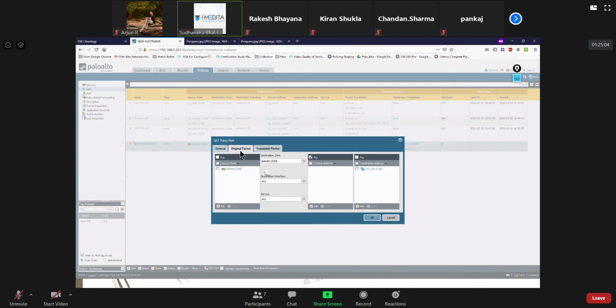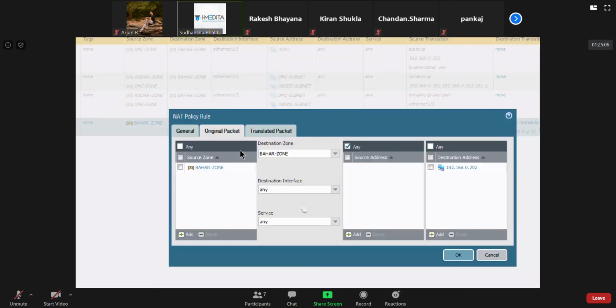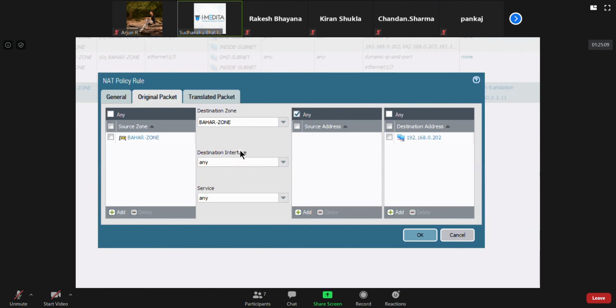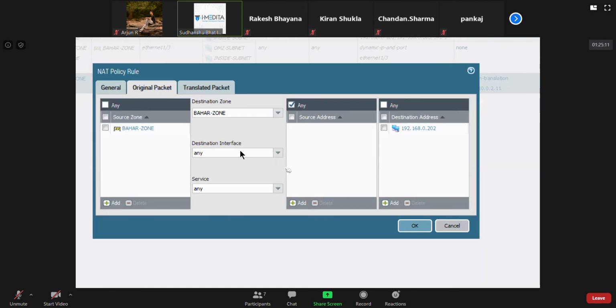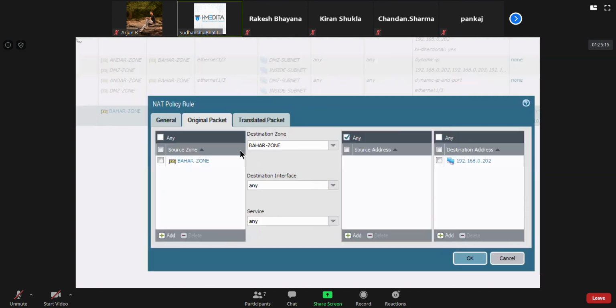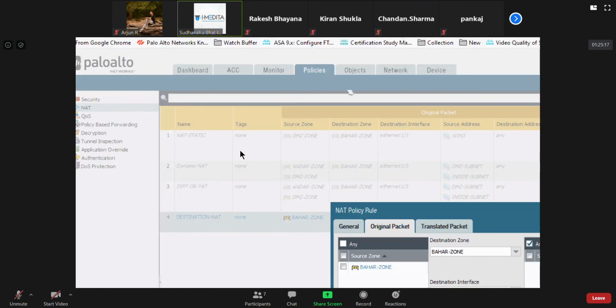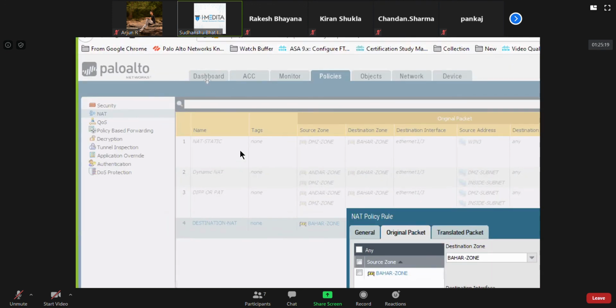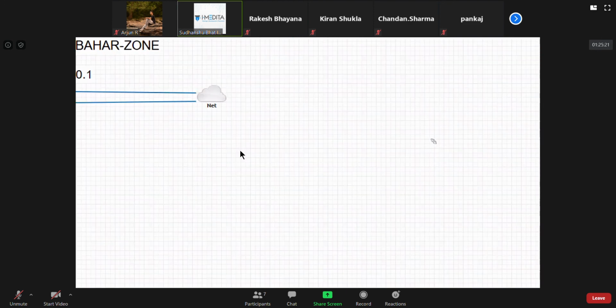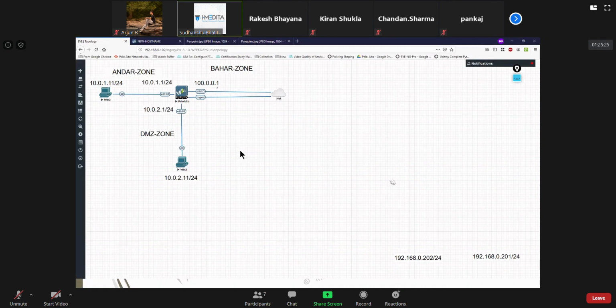One easy way to understand it is we are talking about the original packet, and this still happens sometimes with me as well. If you talk about the original packet, where is it coming from? It's coming from the Bahar zone. And what is it hitting? It's hitting the outside zone.